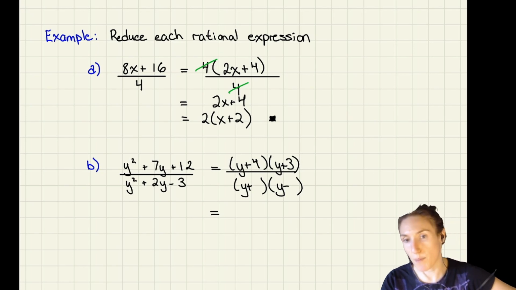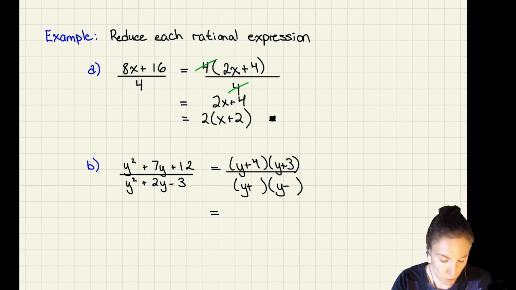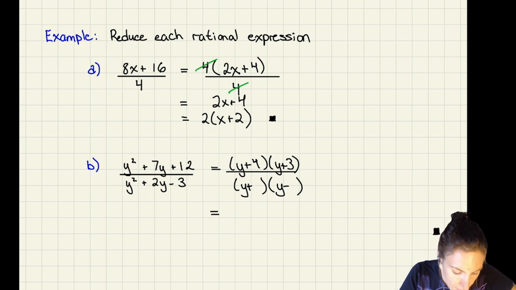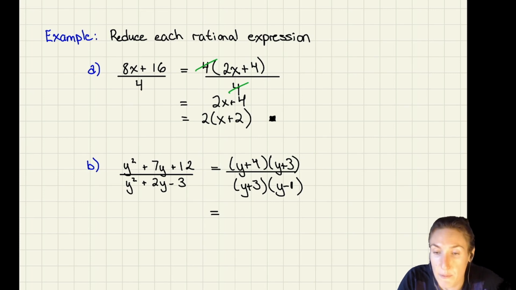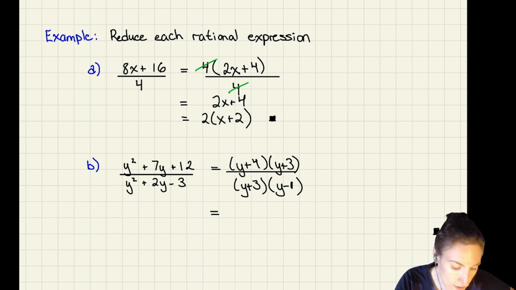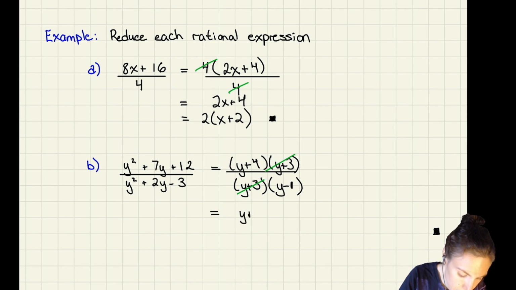Because if you multiply a positive and a negative value, you are going to get a negative value. But whatever those terms are, when I add or subtract them, they're going to have to give me a 2. So if I picked plus 3 and then minus 1, I would end up getting that 2. All is good. And now, this is all multiplication, so I can cancel the y plus 3 on the top